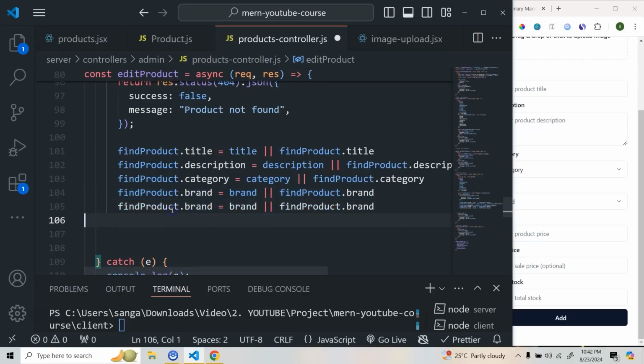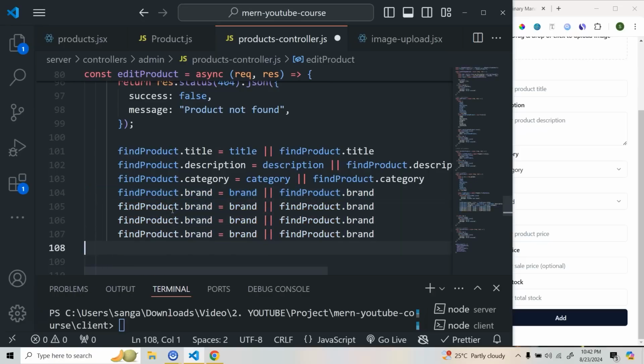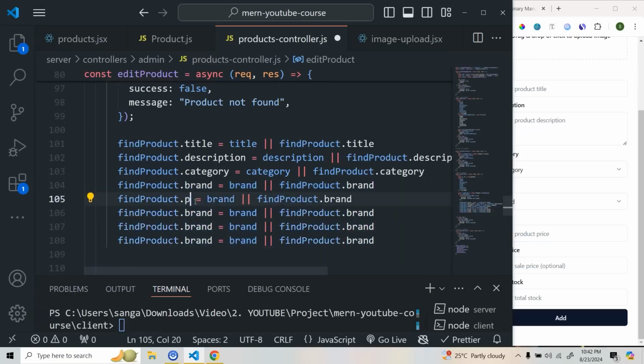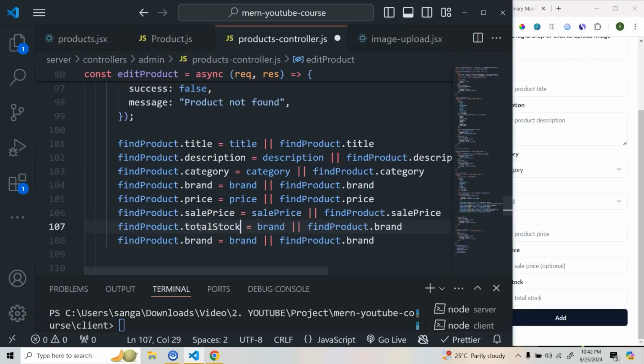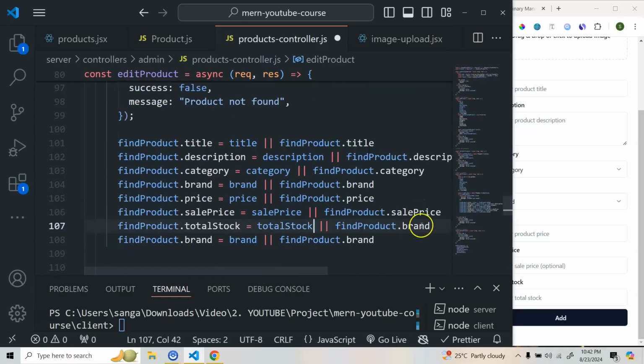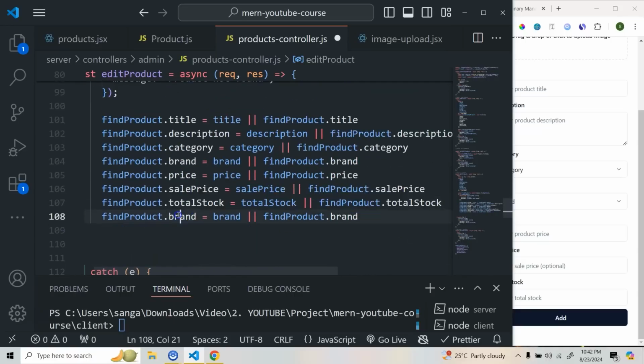So we'll do price, we'll do sales price, total stock, and image. So we'll do price. So this will be either price or price from here. Then we have the sales price. See, everything I'm doing line by line, okay, so that it will be easy to understand. Then we'll do total stock. So either it will be total stock from here, or it will be here,